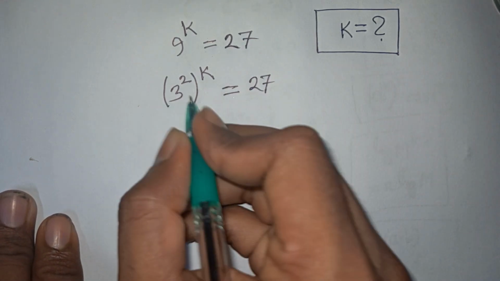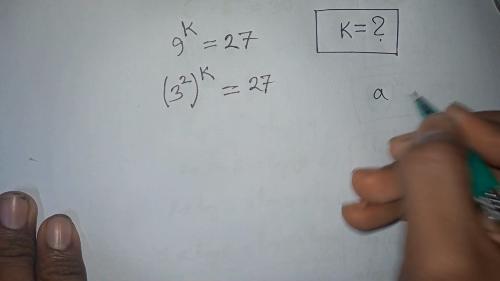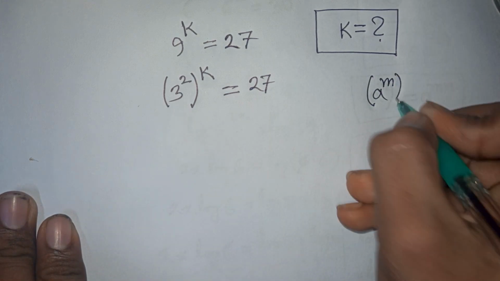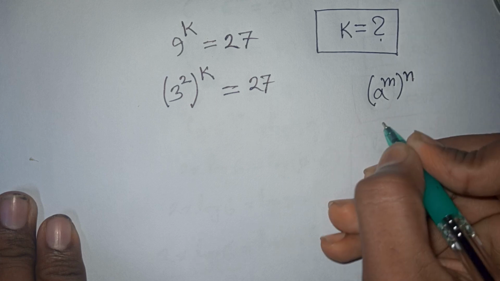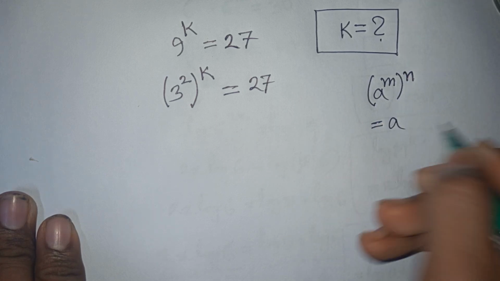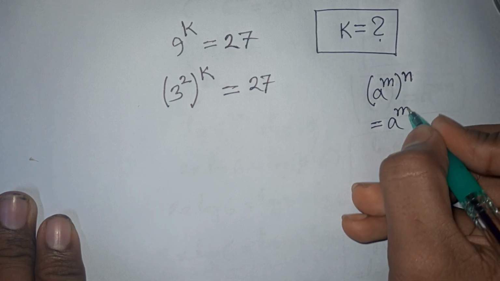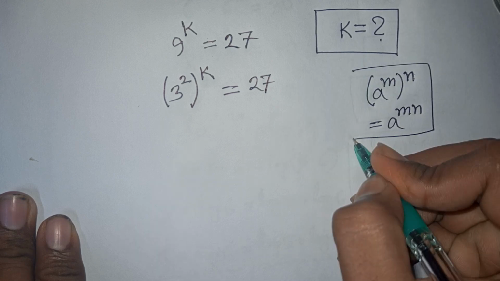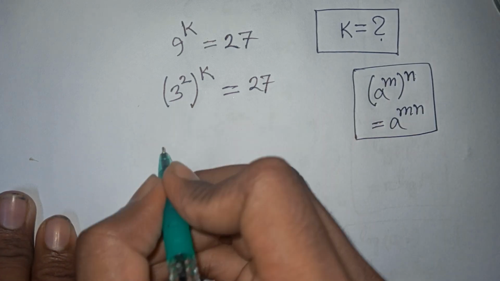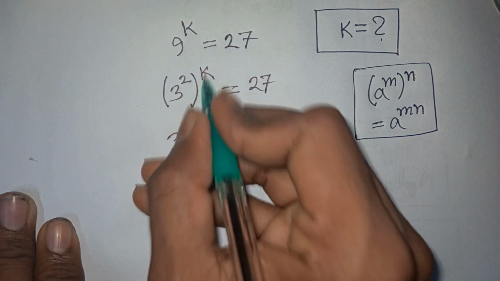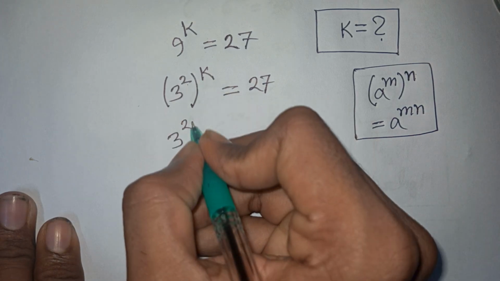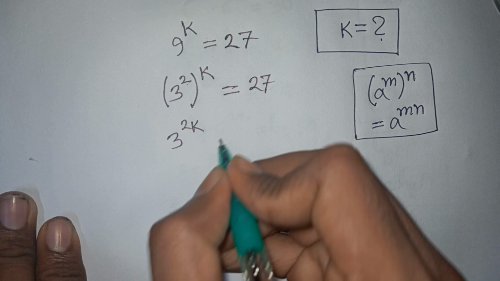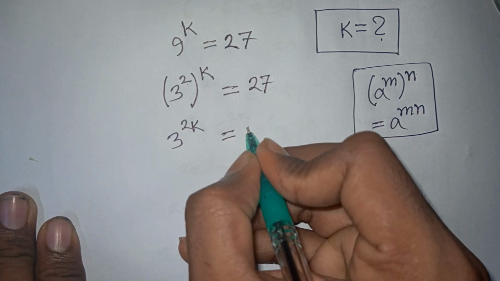In the next step, here we apply this exponential rule that a power m, bracket power n, is equal to a power of m times n, that means mn. So it will be 3 power of 2 times k, that means 2k, is equal to 27, which is the same as